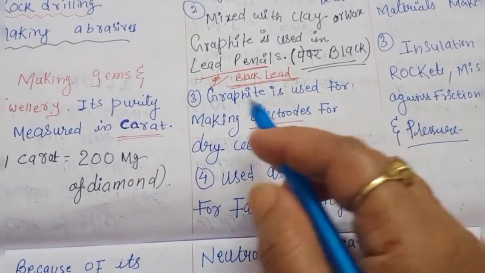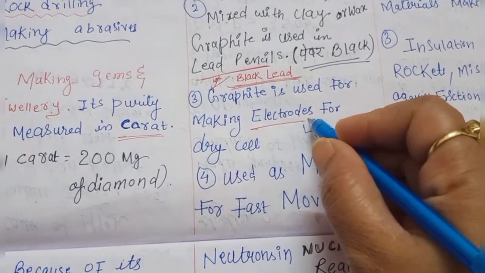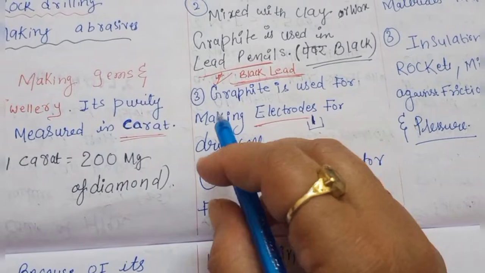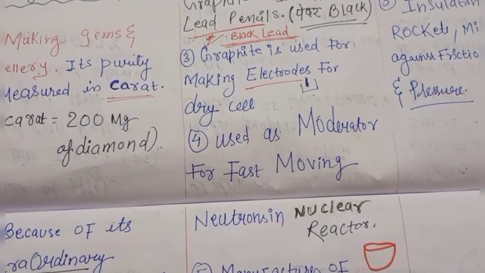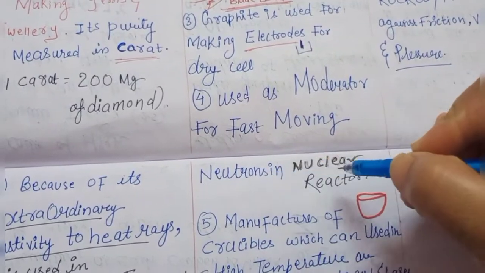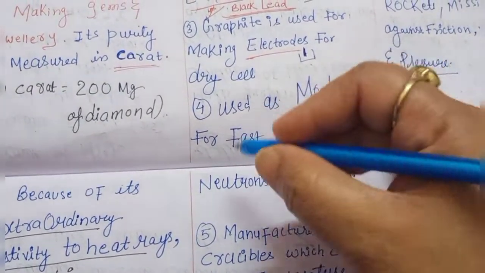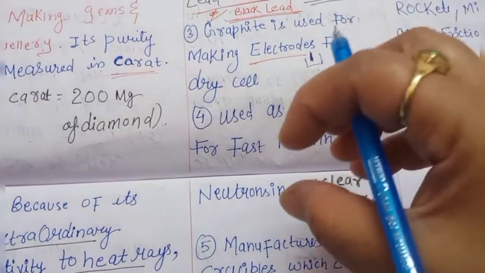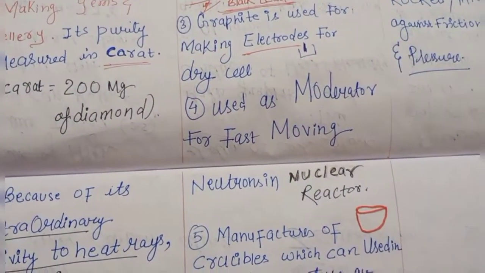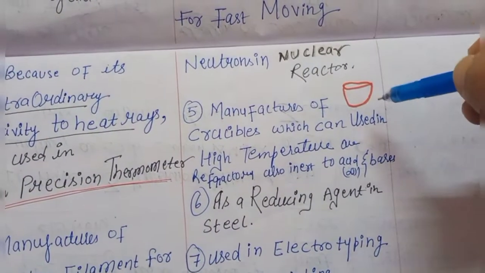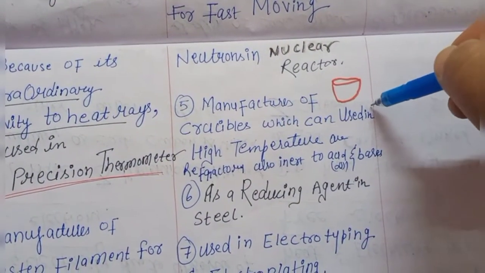In 8th standard, we study a dry cell, Leclanché cell. In the center, one electrode is there. That is a carbon electrode, which is made up of graphite. They are used as a moderator for fast moving neutrons in the nuclear reactor. When the chain reactions are going, when we have to control it, we use the moderator, which is made up of graphite. It is also used for making the crucibles, which are used at high temperature in the refractory,